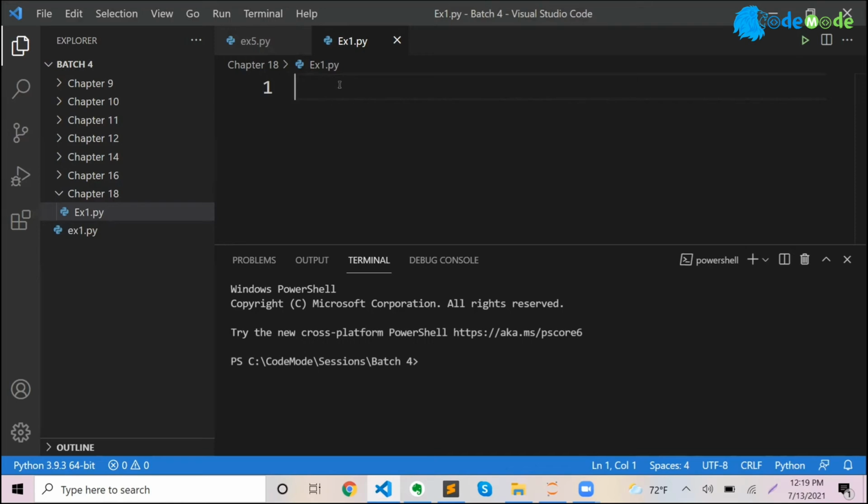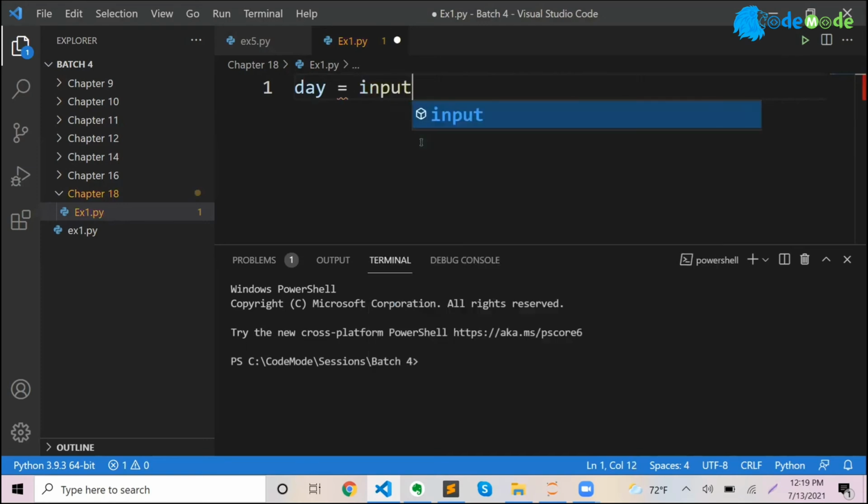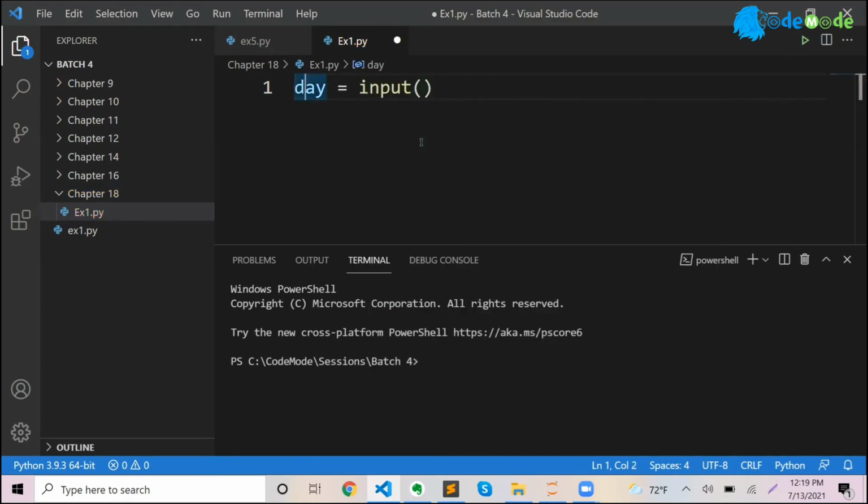Okay. So now, as you can see, let's write the same code. We'll say day equal to input, enter day of the week. Okay, and then we will say if